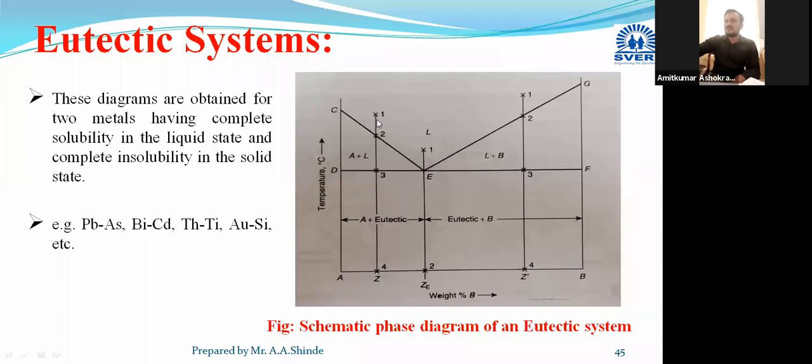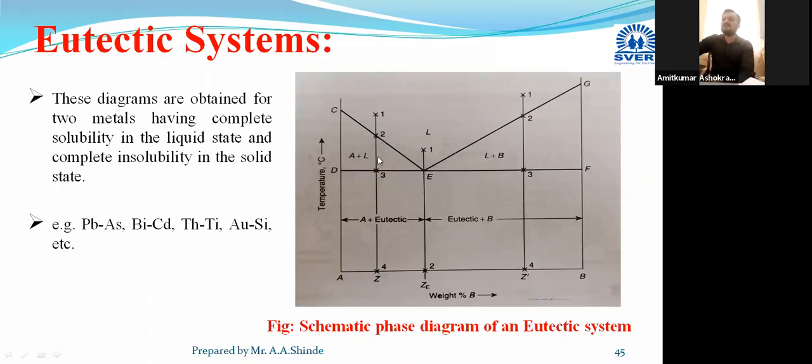Now in region 1 to 2, the alloy is in liquid state, and as both metals are completely soluble in each other, only the liquid phase will be there in 1 to 2. You have to write like this: in region 1 to 2, the alloy is in liquid state only, and as they are completely soluble in each other, only one liquid phase is visible. Just draw one circle and show the liquid by the dotted line.